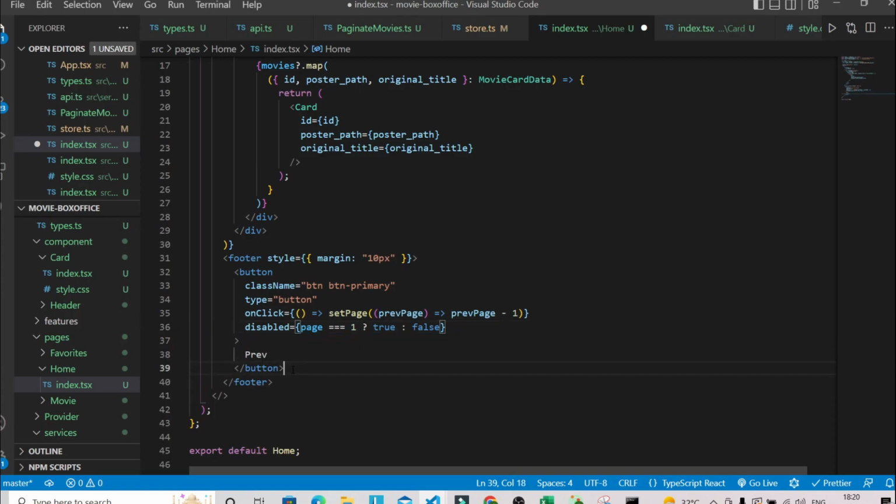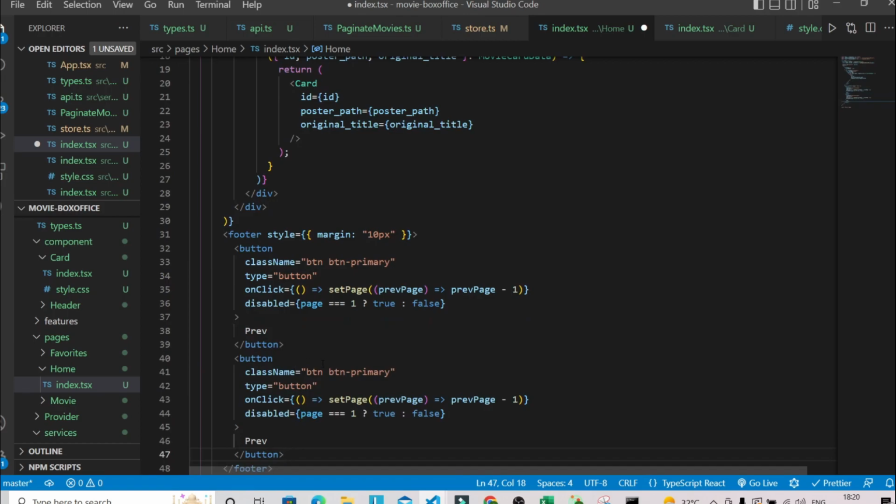Now I'm going to copy this button and paste below, and this time we are going to increase because the value of button will be the next and this will be false. So if you click on next, the page is going to increase,